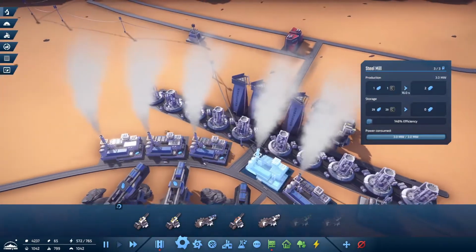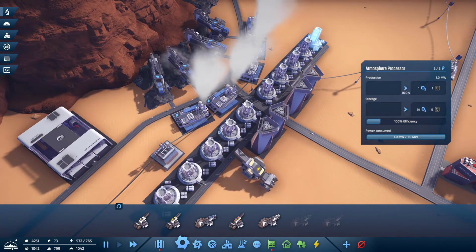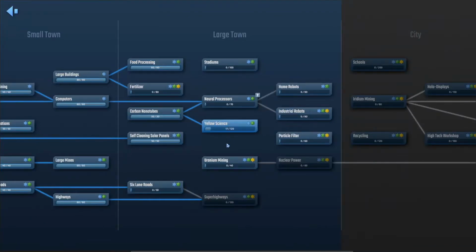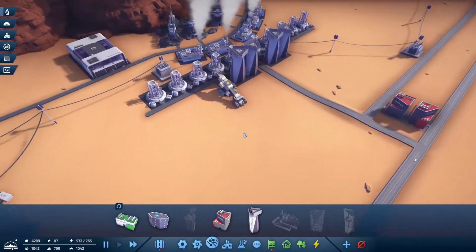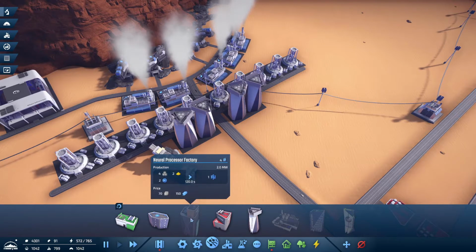Alright, steel-wise, you are now doing great. Carbon-wise, still have lots of carbon sitting around. And now, yellow science is going kind of slow. Neural processors. It's going to be a lot of steel to build that. But I'm hoping I can put those right in here. And these are going to be full of carbon nanotubes to use in there. Plus some more sand. Of course. Of course. And, oh Lord,